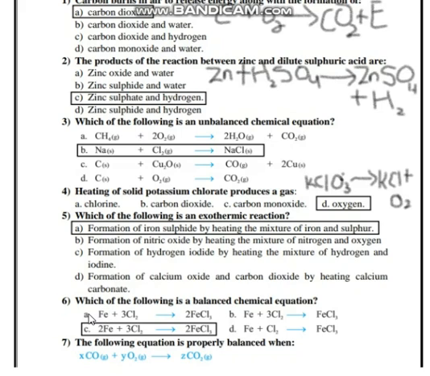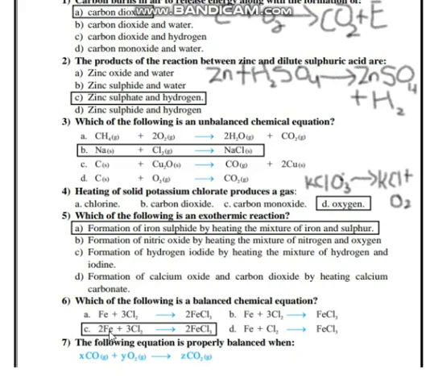Let's discuss. If you check the first option A, it has 8 atoms of iron, along with 6 atoms of chlorine, and together they form 2 iron atoms and 6 chlorine atoms. Chlorine is balanced but iron is not balanced, so it is not a balanced chemical equation. And in option B, iron along with 3 multiplied by 2, that is 6 chlorine atoms. 1 iron and 6 chlorine atoms are used, and in the product 1 iron atom is formed, but actually 3 chlorine atoms are formed, so it is not a balanced chemical equation.